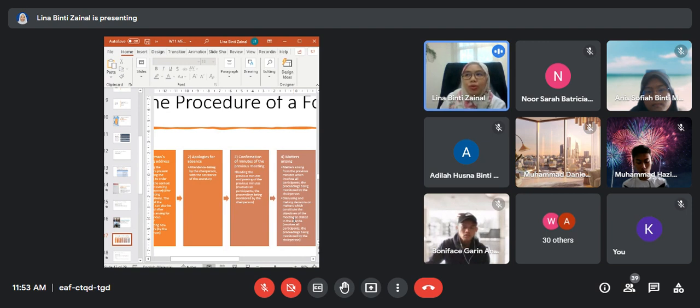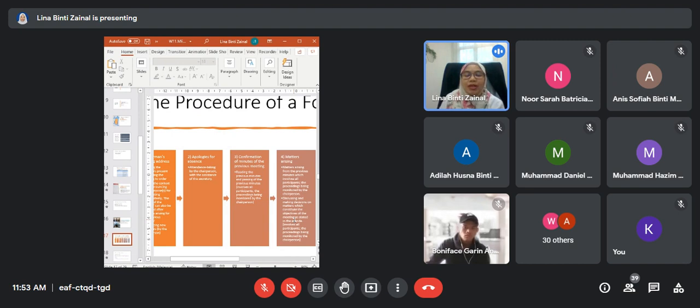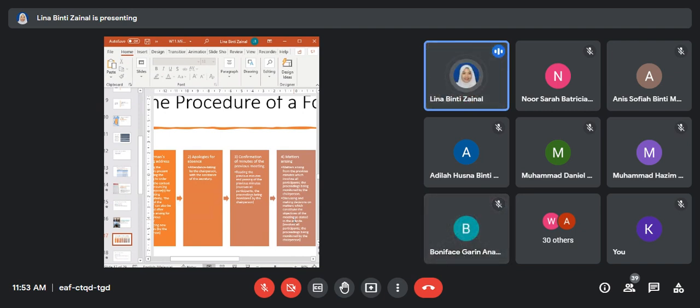And to confirm the minute, you need to have someone to suggest to confirm. For example, Bonnie said when the chairperson said can we have someone to confirm the minute? So Bonnie said, saya cadangkan, I suggest that this minute to be confirmed or to be accepted. Okay, you need to have another person to second the motion, second the suggestion. So siapa nak second? Adilah second. Saya setuju. So nanti nama Bonnie and Adilah will be in the